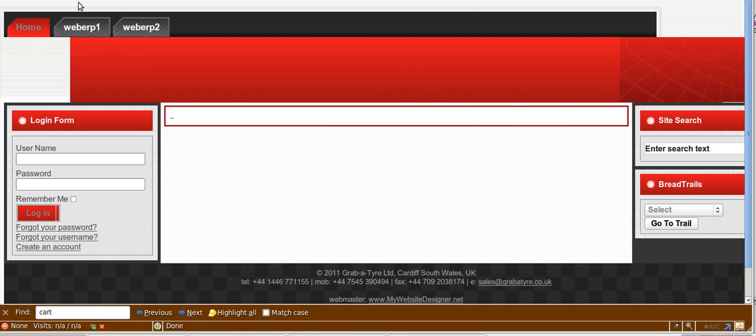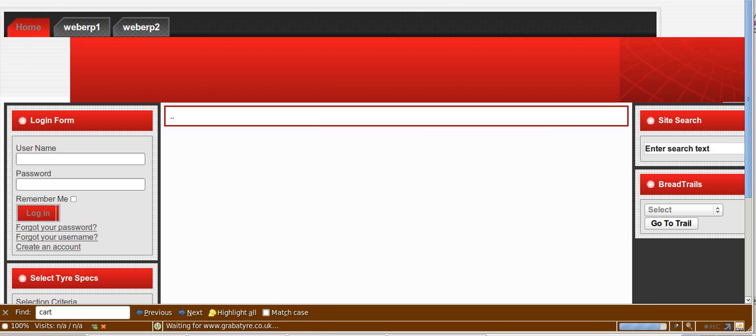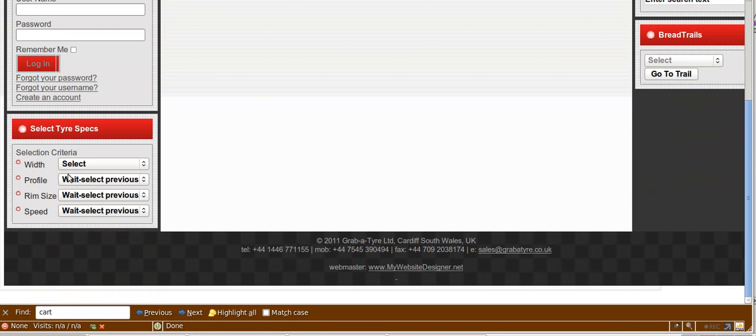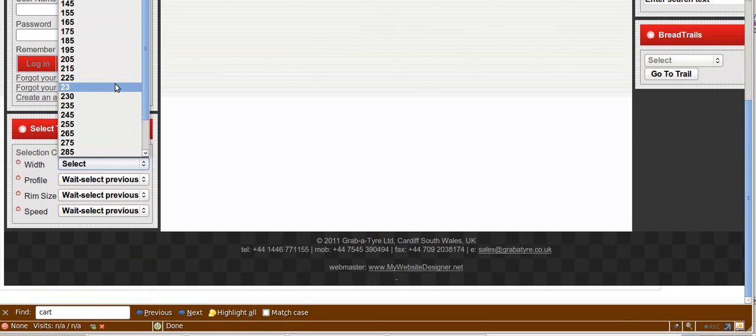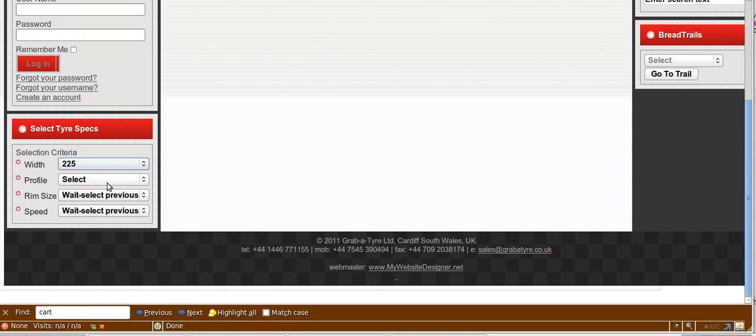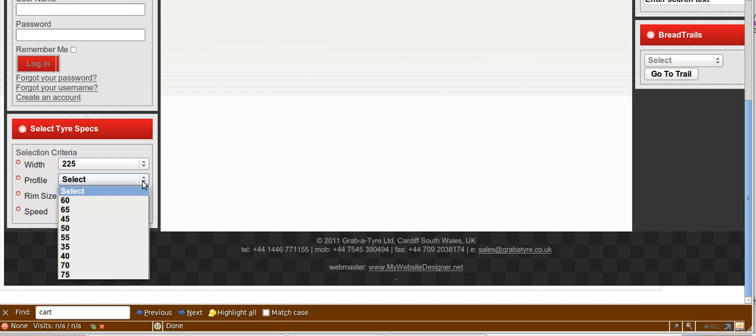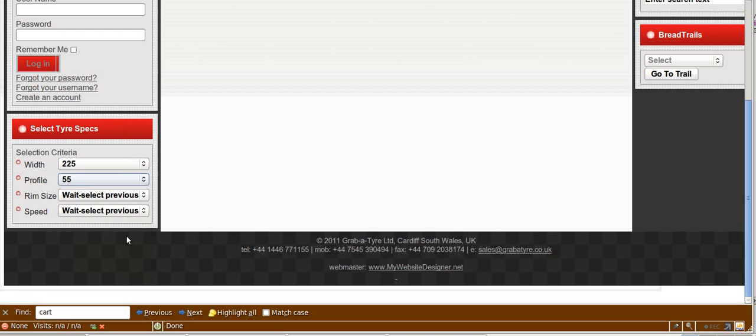And now let's do a demo. Okay, you can see the selection criteria that we've chosen posted here. So the first thing that we do is select a width. Let's go with 225. And that gives us a selection of all the tires that have the width of 225, and then it goes out and finds all the available profiles for that width. Let's choose 55. Now it goes out and chooses all the rim sizes for the width 225 and profile 55,